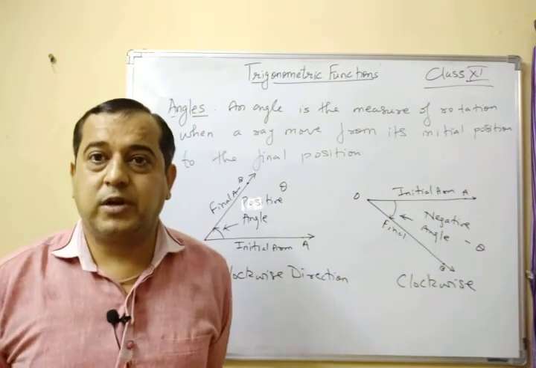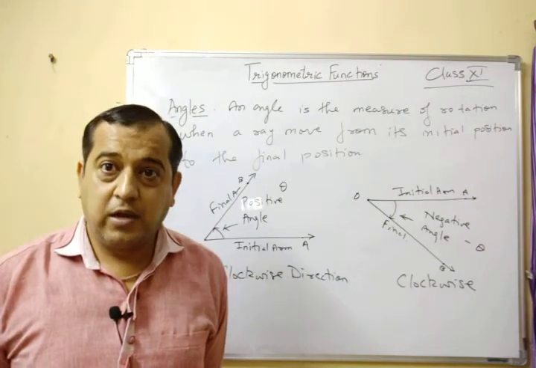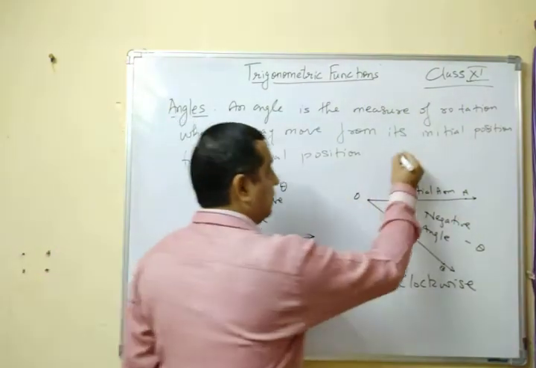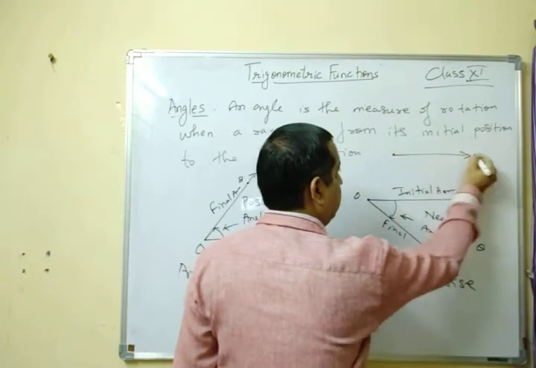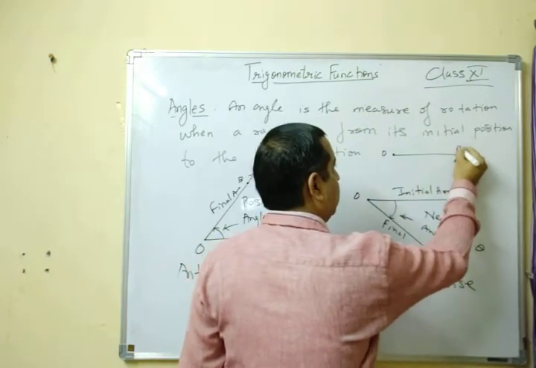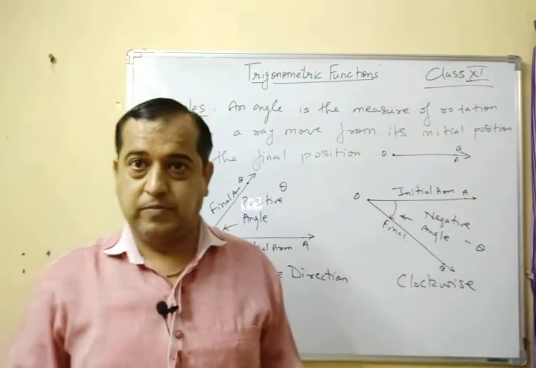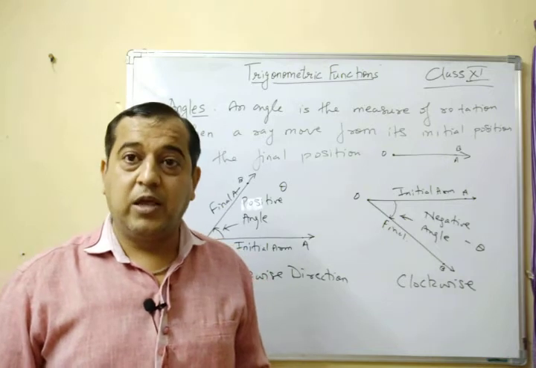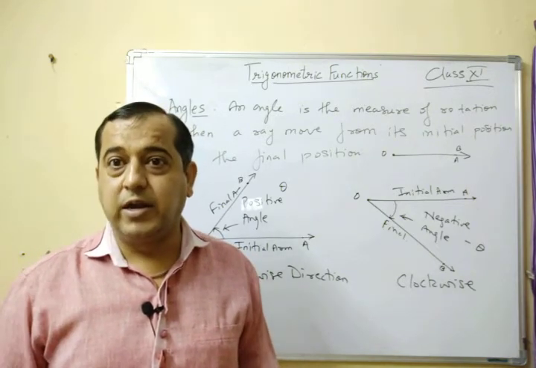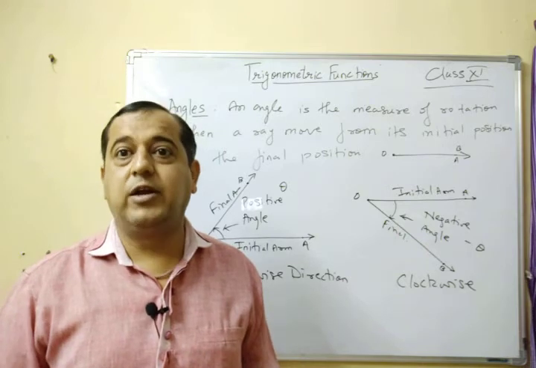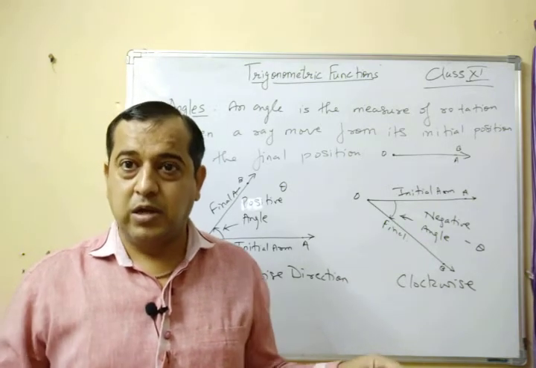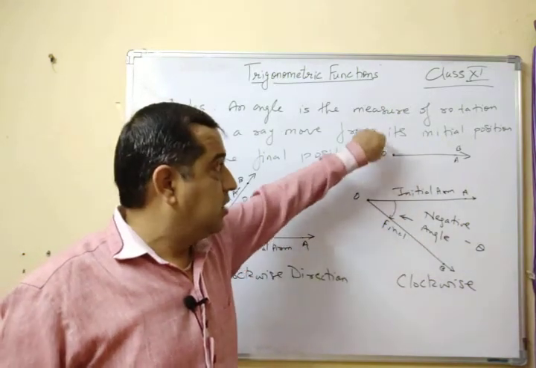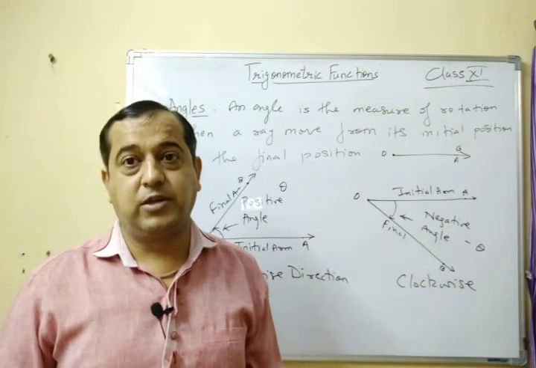Now, what you have studied about angles in the previous classes. You have studied zero angle, in which the initial arm and the final arm are one and the same. This is the initial arm and this is the final arm, both are one and the same without rotation. Then the angle formed is zero angle. Then right angle, when the angle formed is 90 degree. Straight angle, when the angle formed is 180 degree, or you can say initial and final arm are in opposite directions to each other. And then once again you get this situation, but a rotation is made. In that case the angle formed is 360 degree.